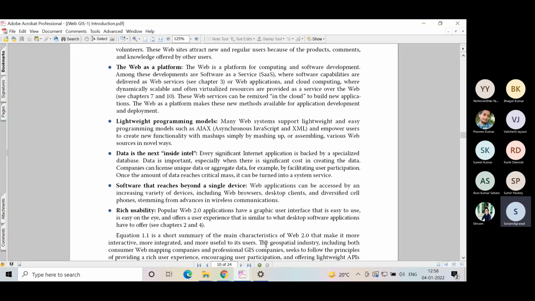Then software that reaches beyond a single device. अगेन वो उसी का कंटिन्यूएशन है कि एक सॉफ्टवेयर लाइक एक वेब ब्राउजर है, जरूरी नहीं है कि वो वेब ब्राउजर केवल एक लैपटॉप पे चले या केवल एक डेस्कटॉप पे चले। वो अलग अलग डिवाइसेस में आज के टाइम पे चलता है। वो मोबाइल डिवाइस पे भी, मोबाइल स्मार्टफोन्स पे भी चलेगा, वो टैबलेट्स में भी चलेगा, वो लैपटॉप पे भी चलेगा, डेस्कटॉप पे भी चलेगा, और फ्यूचर में पता नहीं कौन सा नया डिवाइस इन्वेंट हो जाए तो उस पे भी चलेगा।